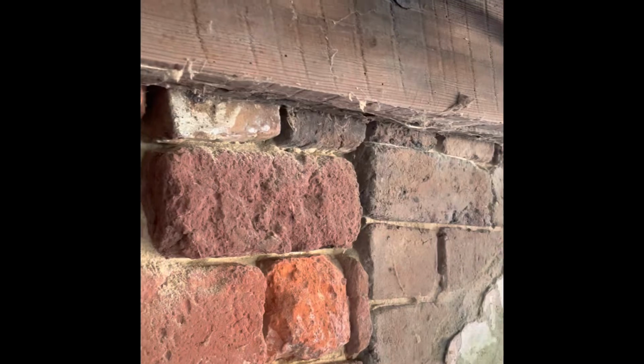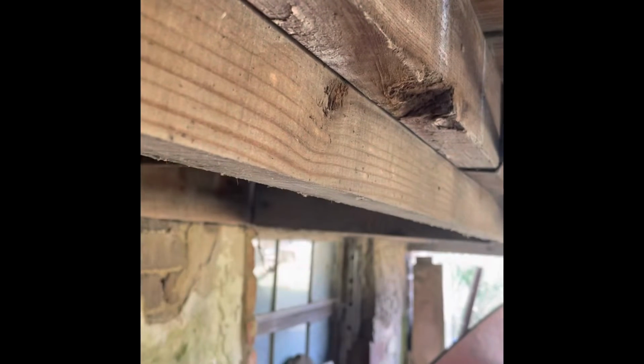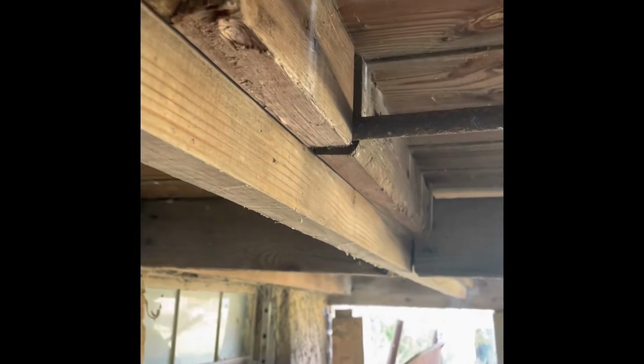This is a double 2x6 ledger. And then there are joists that are spaced about every 2 feet or so. And then there's braces that are spaced about every 8 feet or so. On top of that are 2x6s for the deck boards. Some of the boards underneath have been scabbed on, presumably to lessen the deflection of this big span and to provide additional support